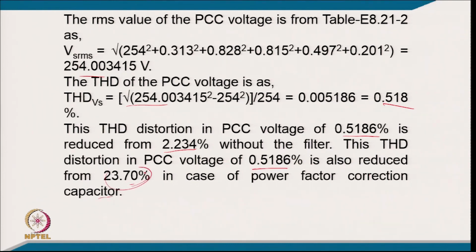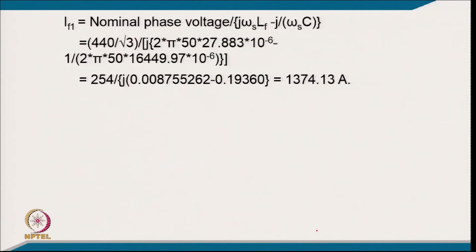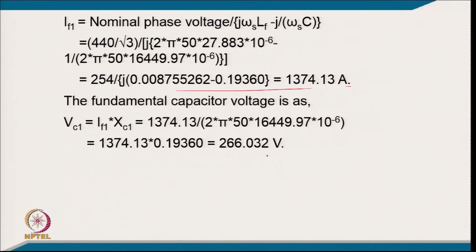So, in resonance this was the TAD, without filter this is the TAD, and now with the passive filter this is the TAD. So, you can clearly see that even from without the filter it is reduced to this, and from resonance it has gone down to this. And the total RMS capacitor voltage, the fundamental, can be calculated. So, these are the fundamental currents of the capacitor, and you now have the fundamental current of the capacitor as 137.413 ampere, and the fundamental capacitor voltage you can calculate from here. So, it comes to